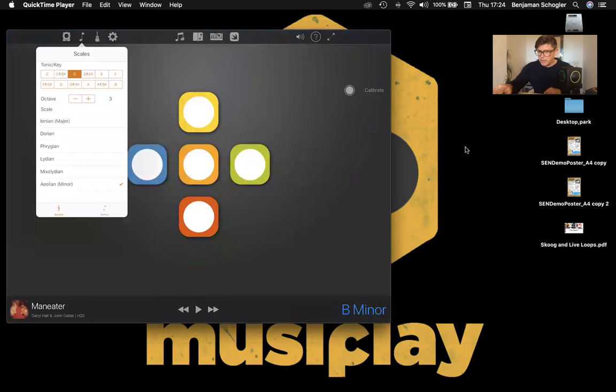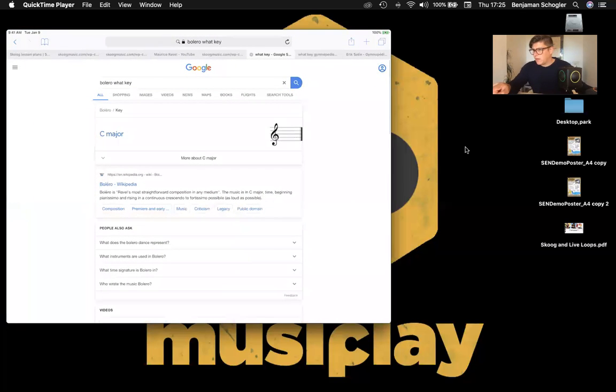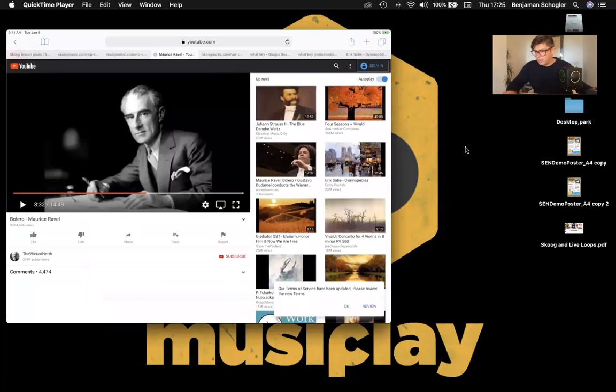So now it said C major, didn't it? So if I choose major, I change that letter to C. Brilliant. So that's set it to that. Even though it said it on the track, that's just relating to the track that's in iTunes. Now, if I then go back to my browser and we go here to Bolero,